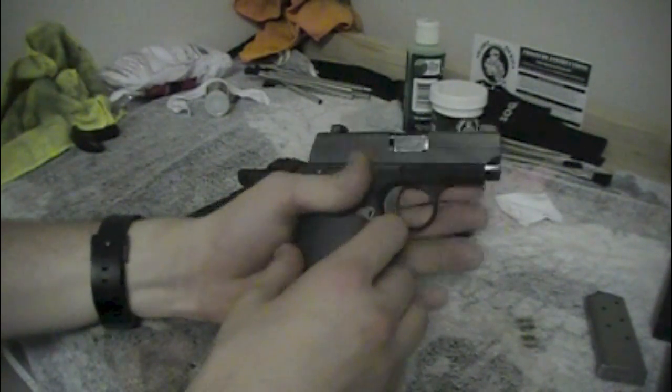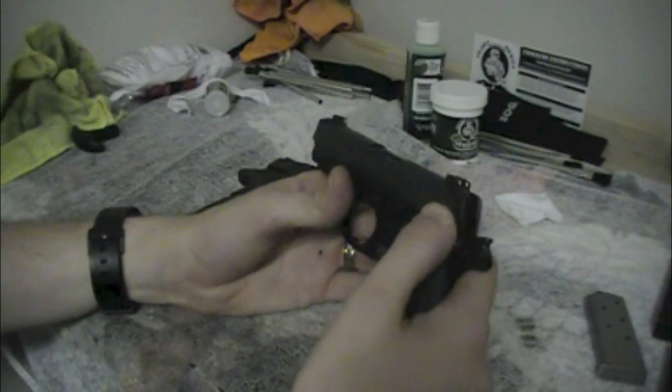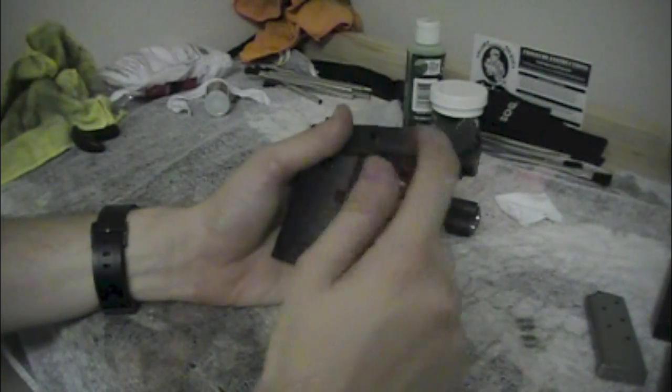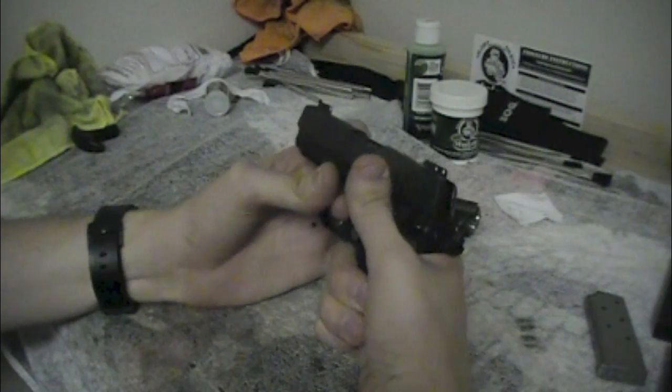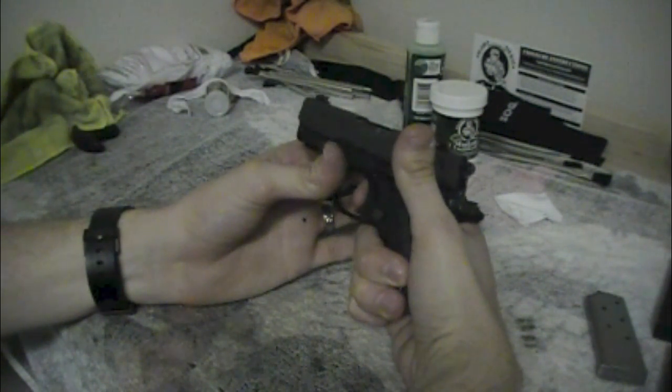So before you go and throw this gun in your holster, train. Get used to shooting this gun. Get used to flipping off the safety. Get used to the trigger pull, because it is a little bit different. It is a single action, but it's heavy. You don't really notice that because you don't have that far to go,